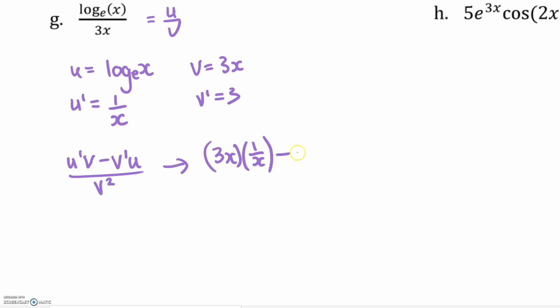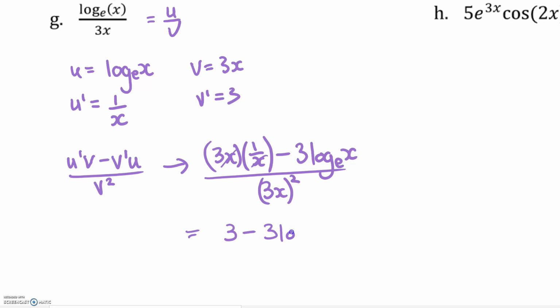Take v dash u, which is 3 log e of x, all over v squared, which is 3x squared. And then if we multiply this thing out, this x is essentially going to cancel with this and just give us 3, take 3 log x, all over 9x